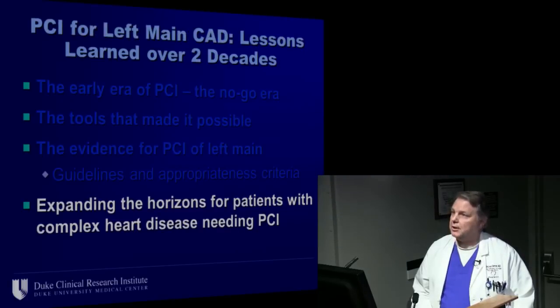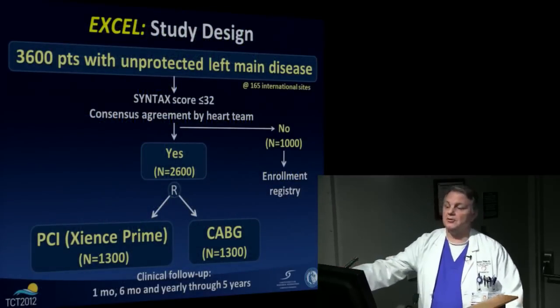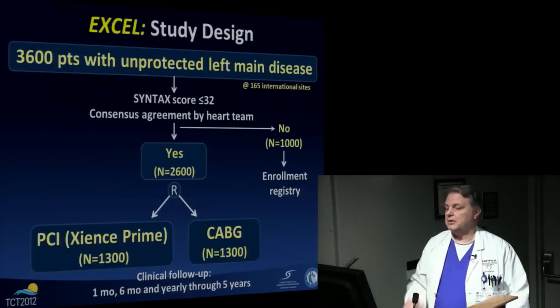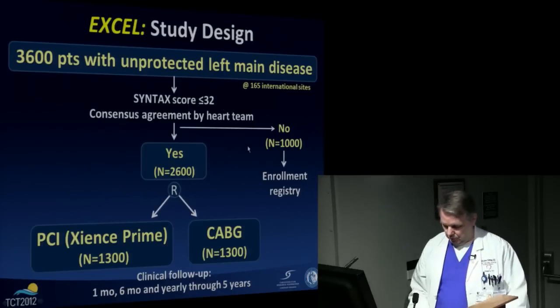Now finally, how we're going to expand the horizons for patients with complex disease. Well, David Kong is the PI for the Excel trial here at Duke. He just randomized the first patient last week to an unprotected left main. The patient was randomized to PCI, but this is a randomized trial of PCI versus CABG using a new drug-eluting stent. 2,600 patients, all low Syntax score, all discussed with the heart team, and